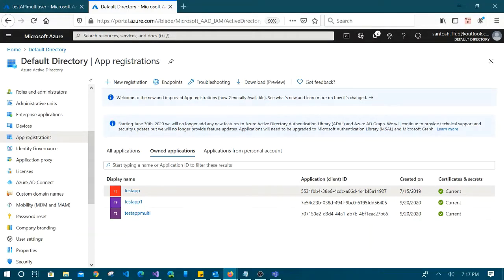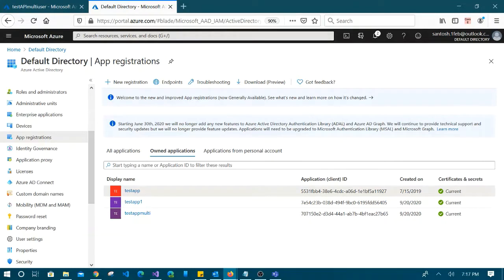Let's say you have multiple APIs in your one API management, and to some API you want to authorize with one OAuth 2.0 registration, and other APIs you want to authorize through a different OAuth 2.0 authorization.